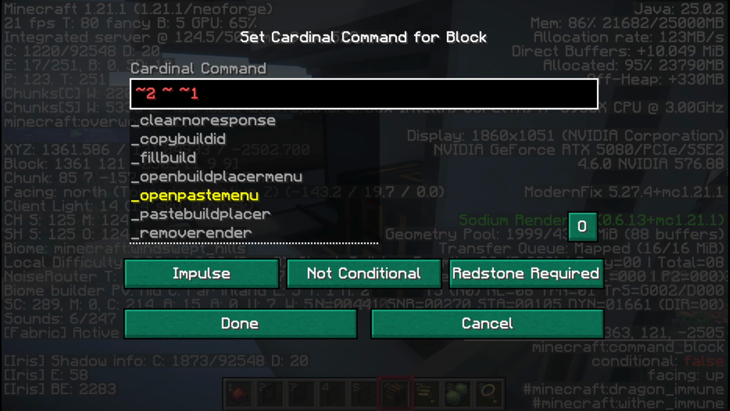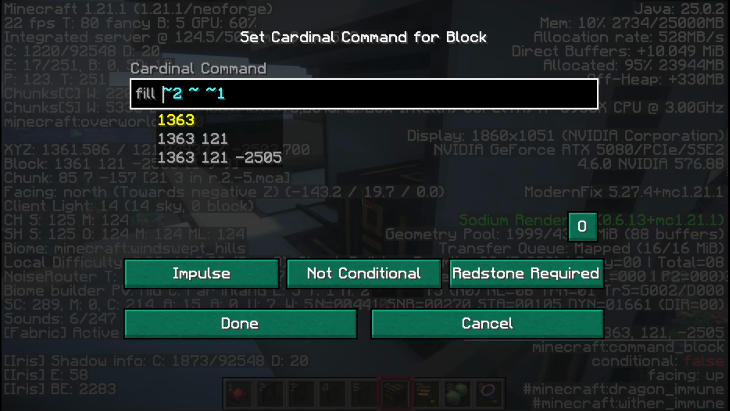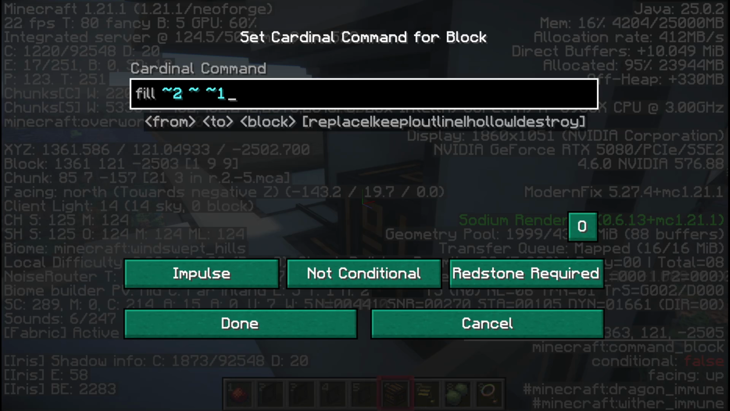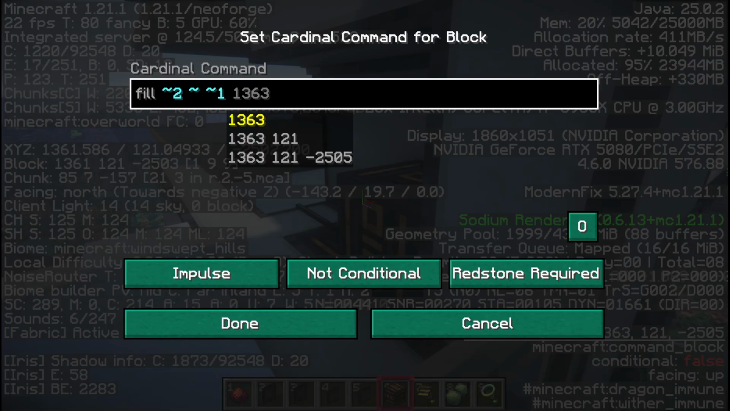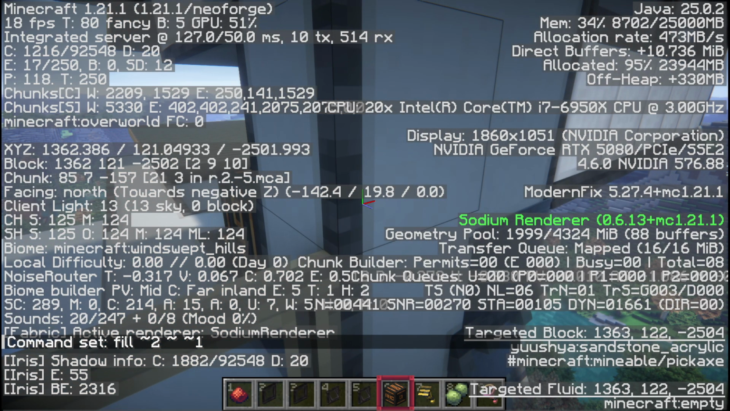So anyhow, the actual command we need fully is fill, and then this coordinate set here, this is going to be the beginning set of coordinates, x, y, and z. I'm just going to click done for now. Nothing is going to happen since there's no redstone signal or anything like that. And then I'm going to,